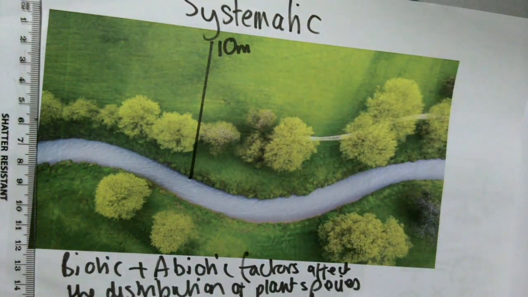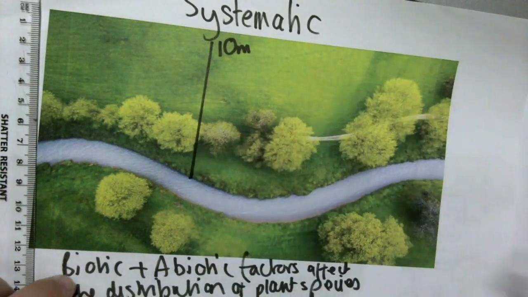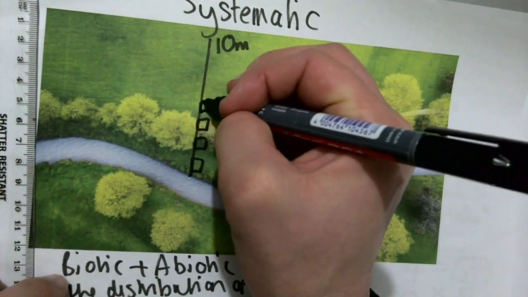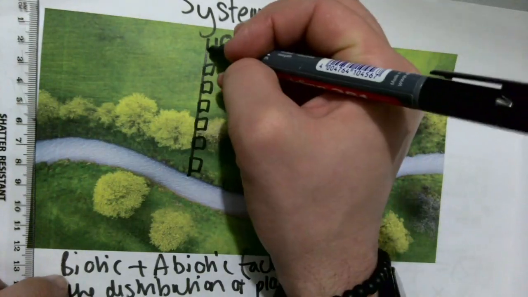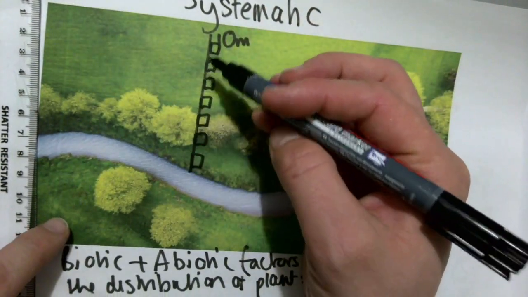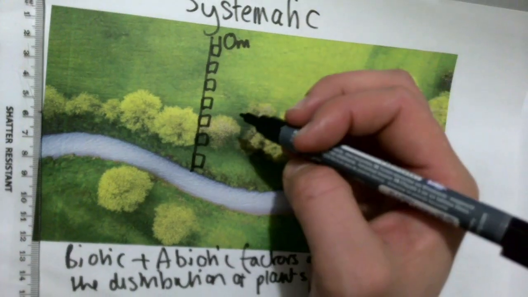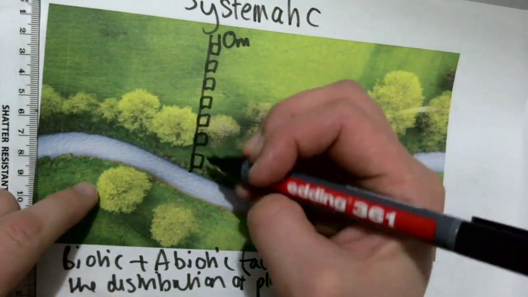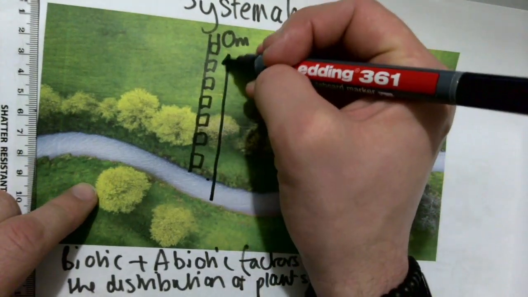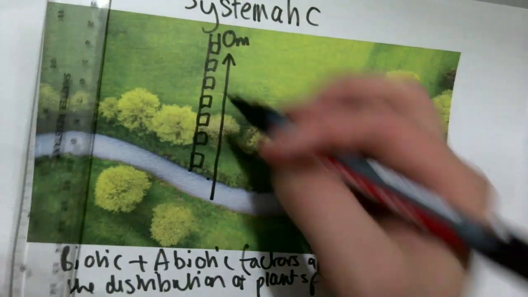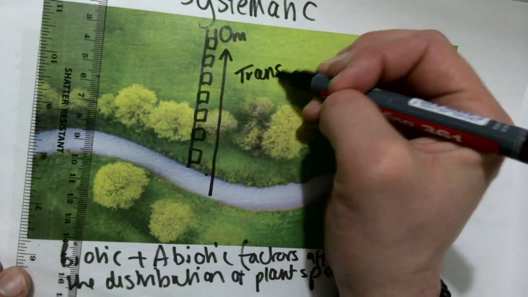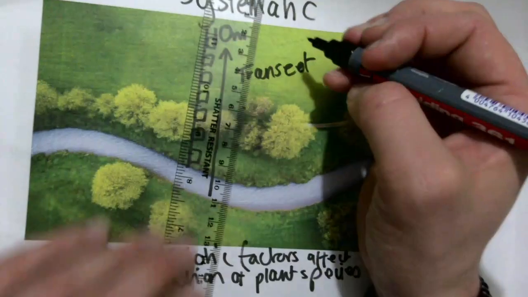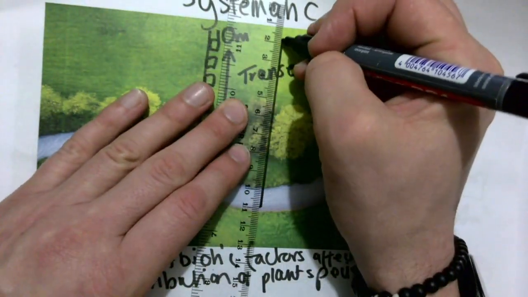This time around, you place your quadrat every 1 meter systematically and do exactly the same thing. You count the number of plant species within each of those, or the distribution of plant species, and you look to see how it changes as you move from the river. This is called a transect. Oh, I'm going to make sure I spell this right. Transect. And you would have not just 1, 2,